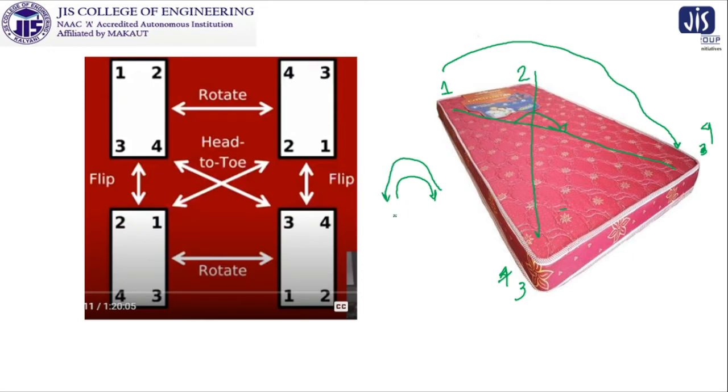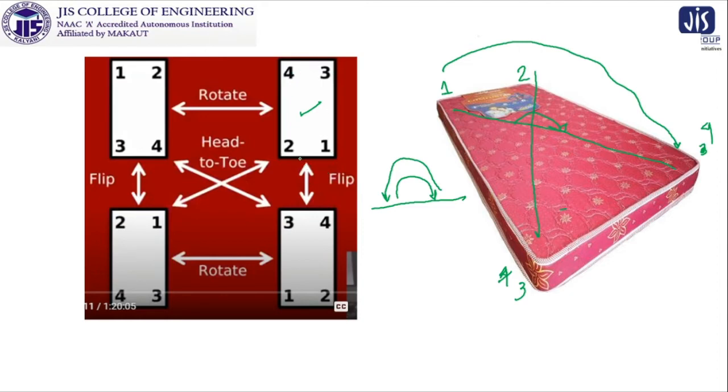So look at this, linguistic representation is not very easy to understand, it creates confusion. Rather, if we represent it mathematically, look at how easy it is. So rotation is now clear. Now flipping means, look at this, 3 was here, you just flip that in this direction. That means if you think it is north, it is south, it is west and it is east, so east to west changing is your flipping. So if you flip this, 3 and 1 will come here and 4 and 2 will go here.